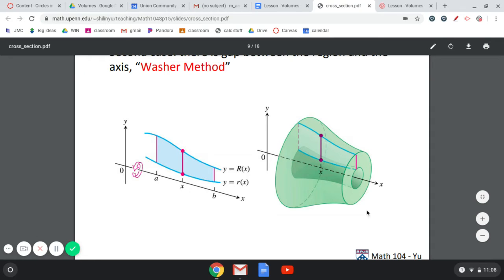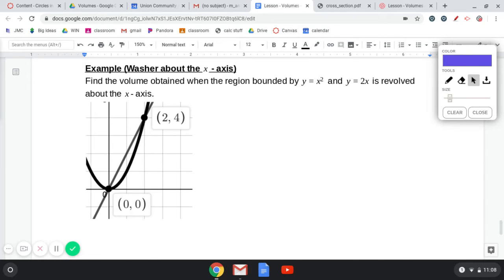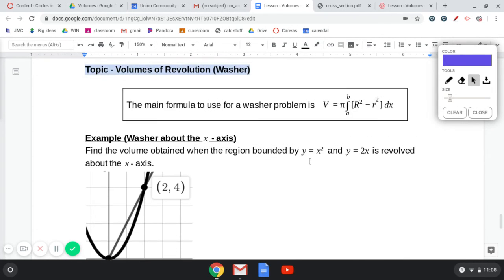You see there's a hole here. So the volume of this solid is the volume of everything under this function, but minus the volume of everything under this function under here, because there's this hole right here. So if we go over here,